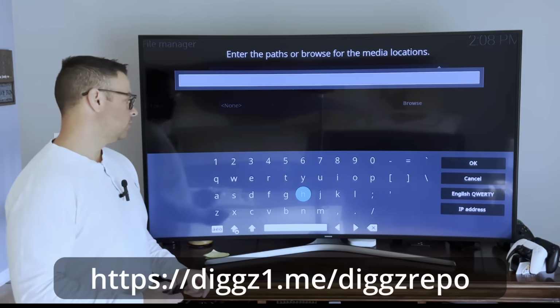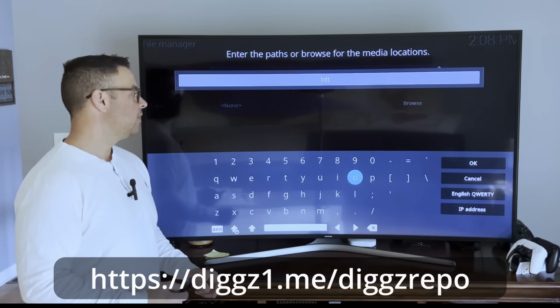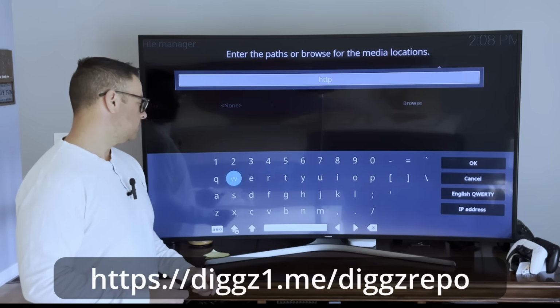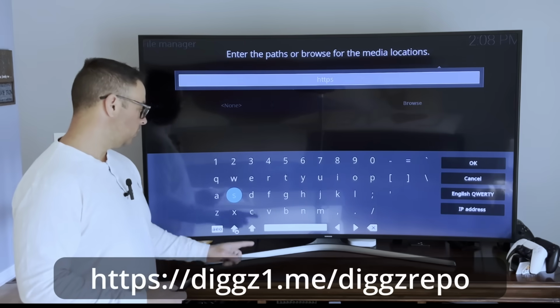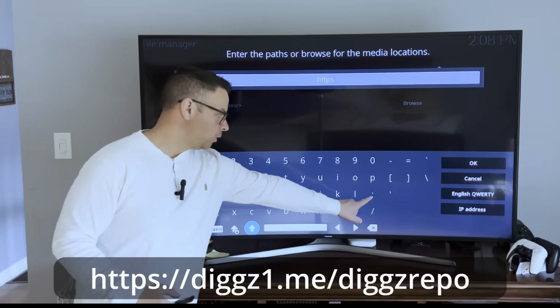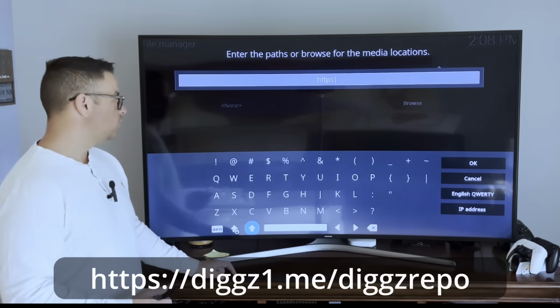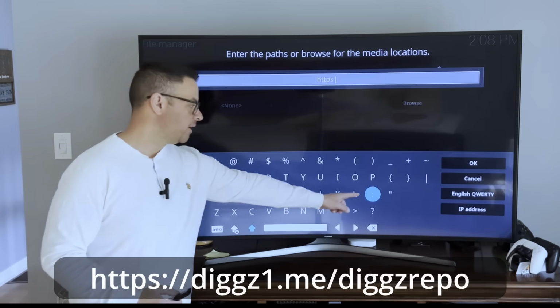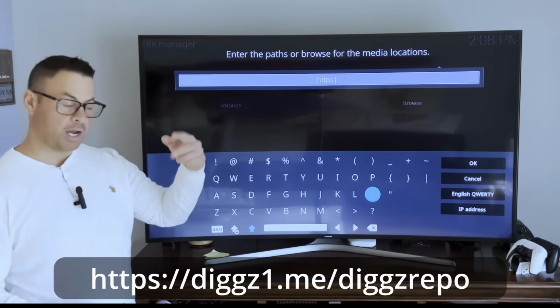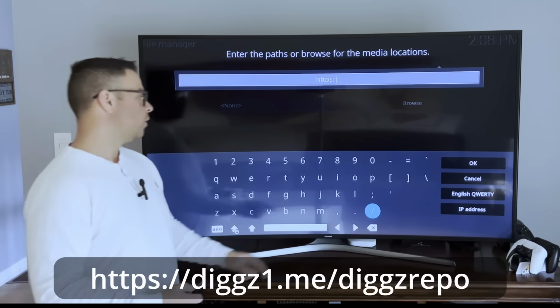So, HQ. TTP. S. We need a colon. So we have a semicolon, but we need a full colon. So hit the shift button, head over. We have now the colon, the 2 dots. Click. //